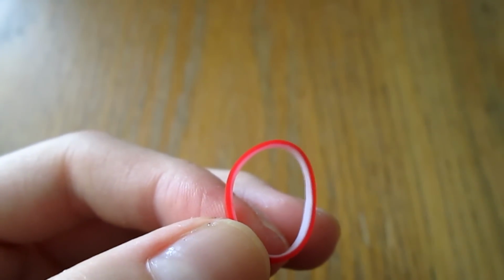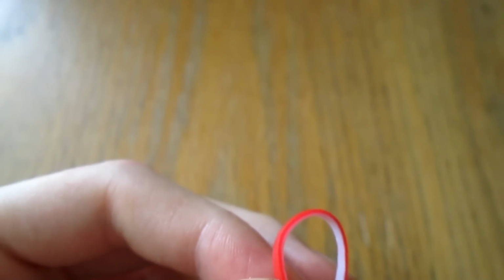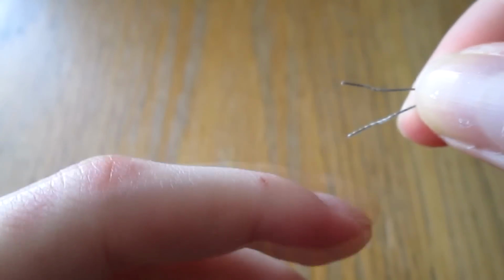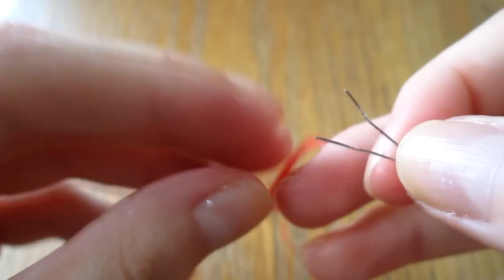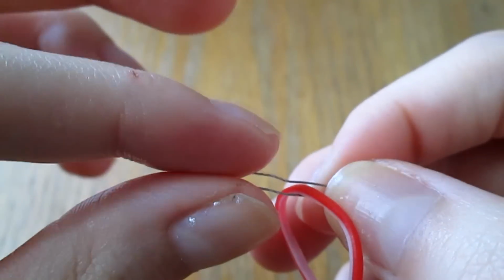So first off, you're going to string your beads on your band in order to make it pointed. You're just going to want to take one of your petal bands and a piece of wire. This is any sort of jewelry wire. It's got to be thin though, in order for your bead to be strung onto it easily. You're going to want it folded in half. And then of course you'll need your bead, which I recommend a nice seed bead for, like a kind of bead you would use for an eye if you were making a rainbow loom creature or animal. You're just going to take this band and string it on one half of the wire,